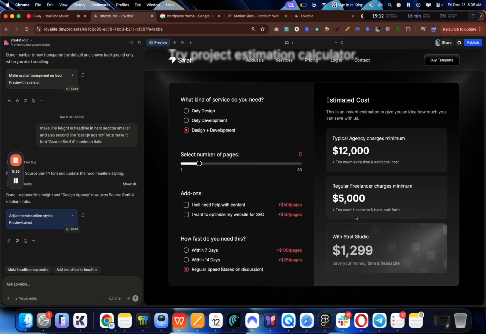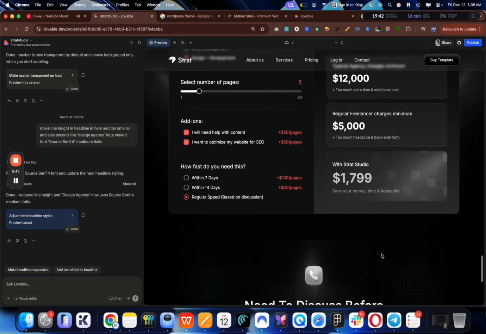You can put a little bit more if you're not a beginner, but if you're a beginner, this is created specifically for beginners. So for a 5-page website, let's say they need website design and development, and usually you will ask them to add this add-on: I need help with content and I want to optimize my website for SEO, because who doesn't? So you just always need to ask the client to check both, and then you have 1700 or 1800